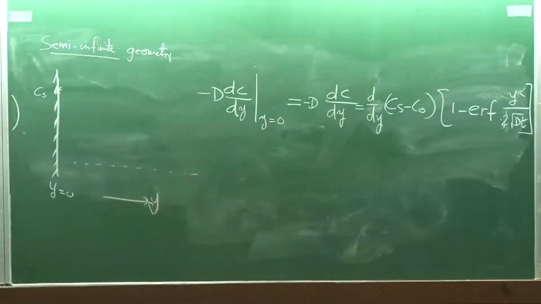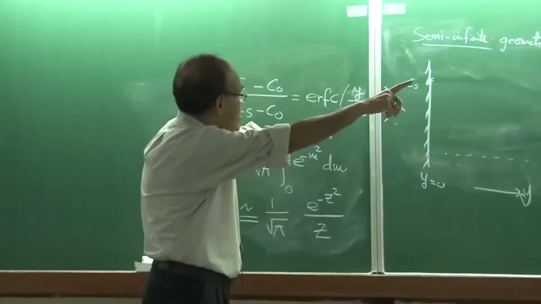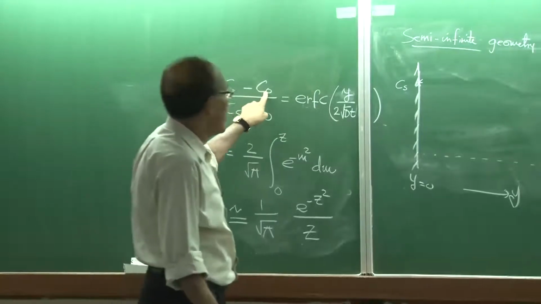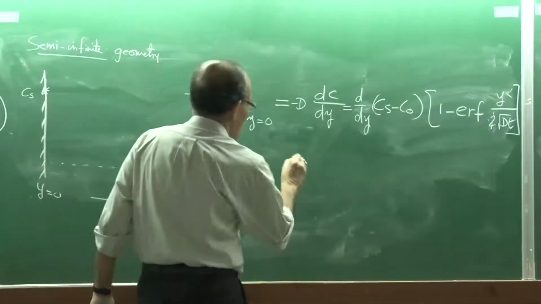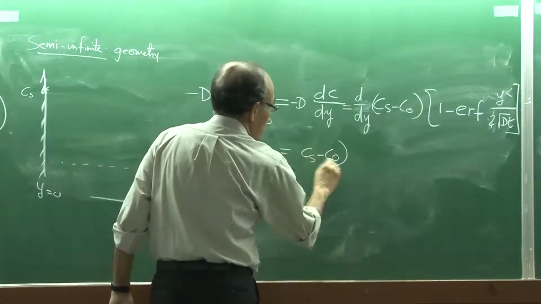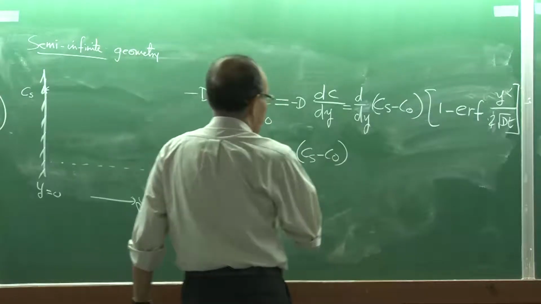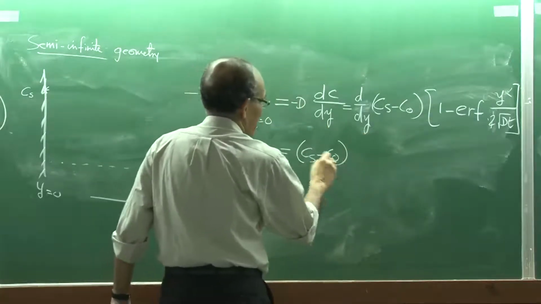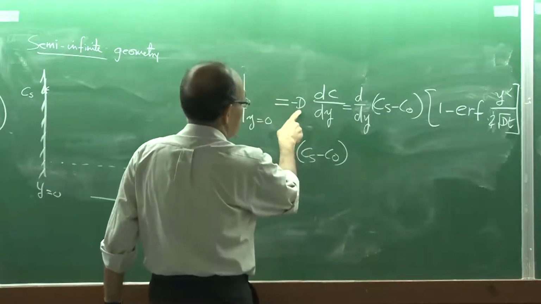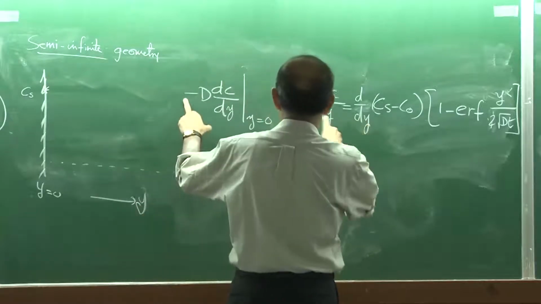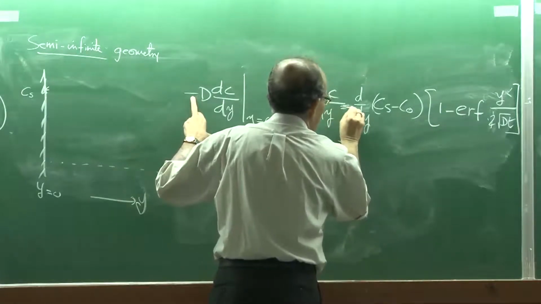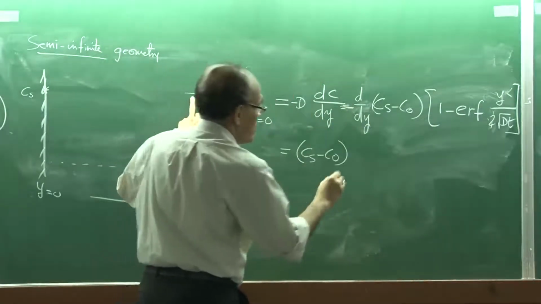So I transpose it, I make it 1 minus error function, that is the right hand side, then I multiply by this, and once I differentiate, this term vanishes and only C remains, and that is what it turns out to be, which is equal to Cs minus C0. This minus and this minus is going to make it positive, because I have multiplied it with minus, so this minus and this minus should cancel out. So we will say that this is equal to